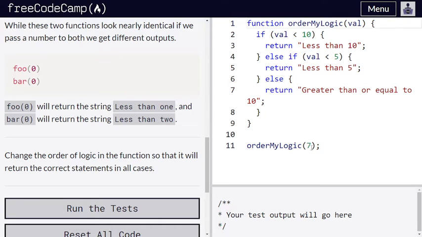So here we have a value of 7. In the case of 7, if 7 is less than 10, it will print "less than 10", and our program terminates.